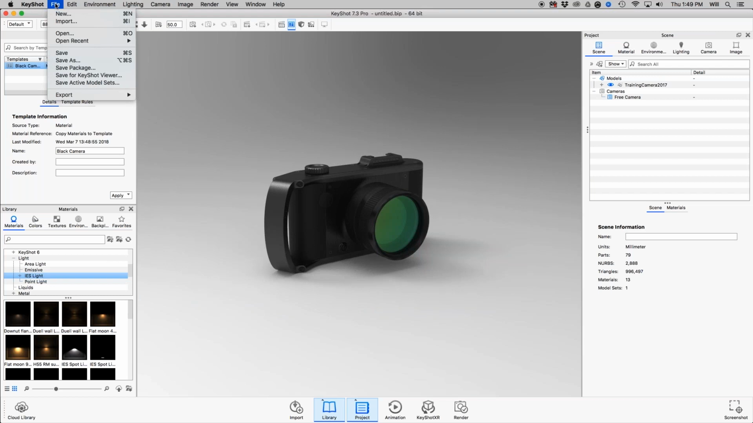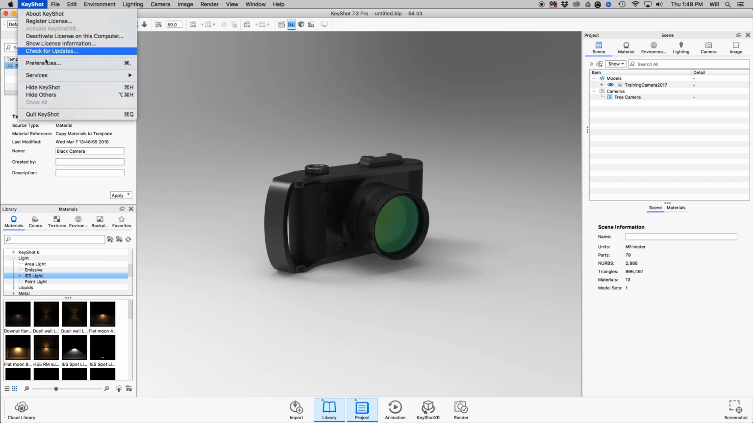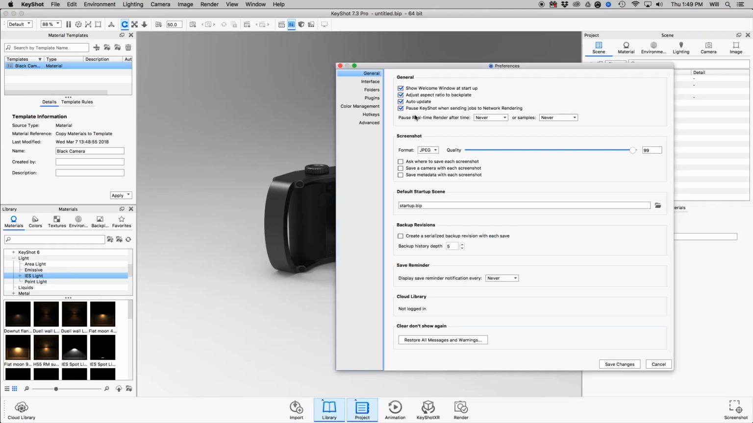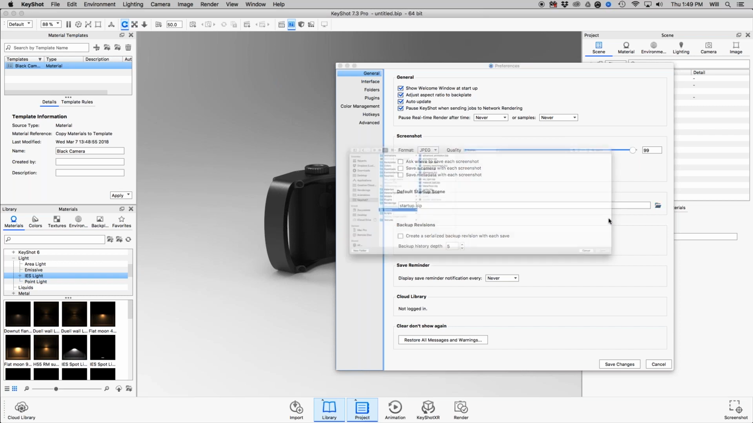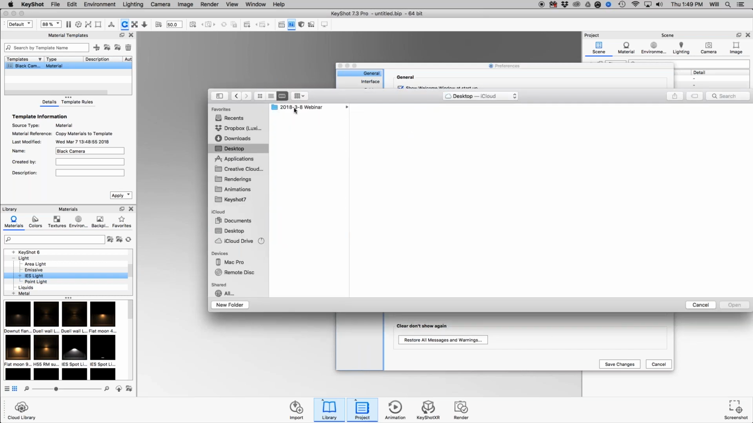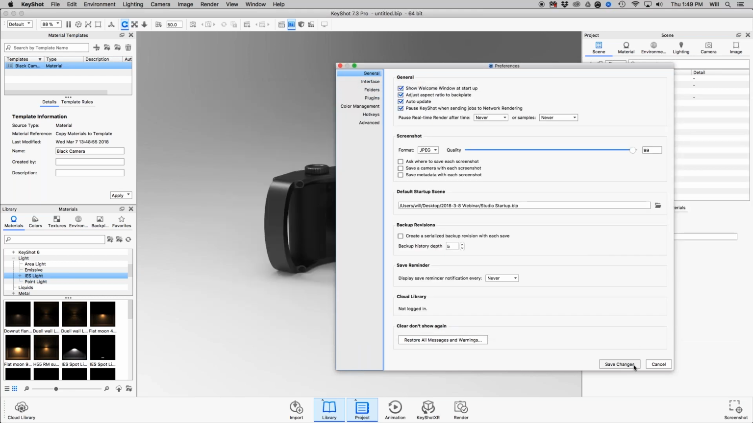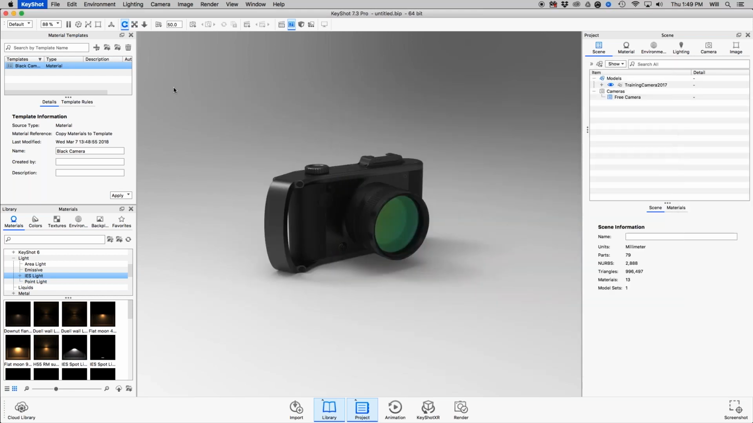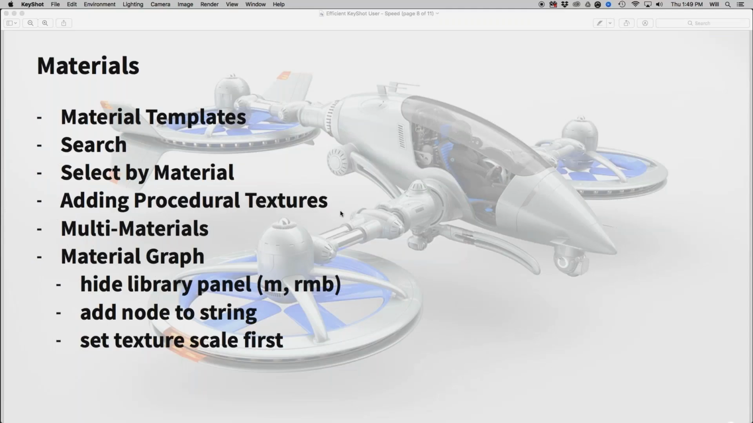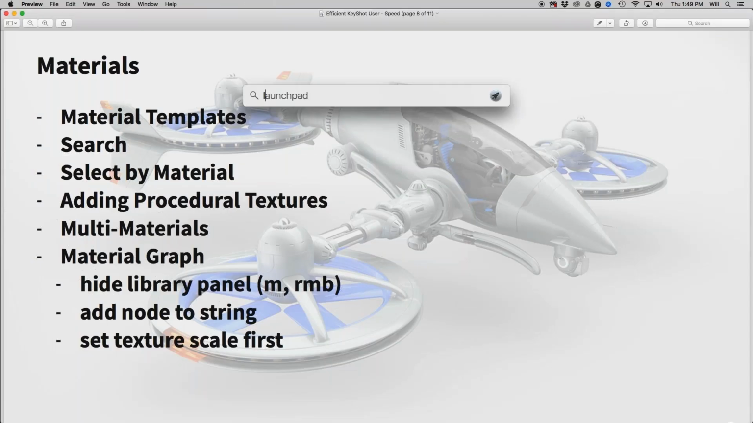go to my preferences. So that's going to be under KeyShot, preferences, edit preferences if you're on a PC. And we've got this default startup scene option. And I'm going to go ahead and search for a startup scene. And I'll go to my desktop and I'll choose my studio startup, hit open, and I'll hit save changes. One more time, I'm going to quit. If I launch KeyShot,